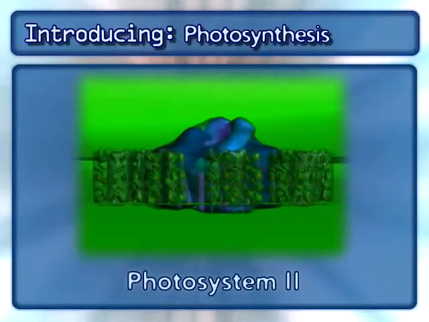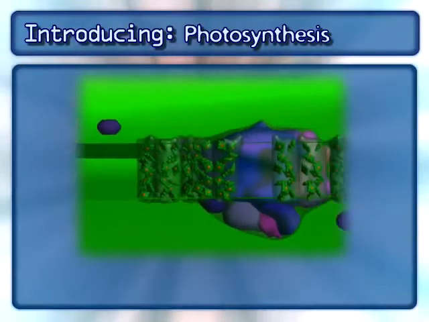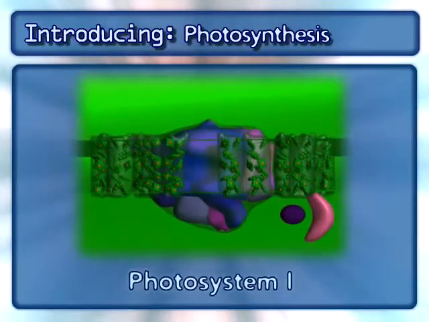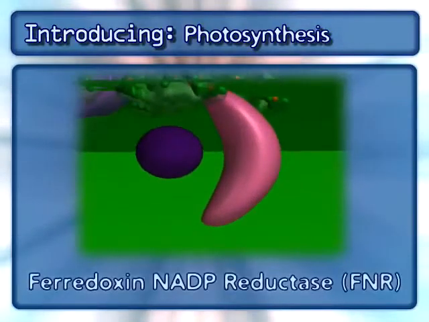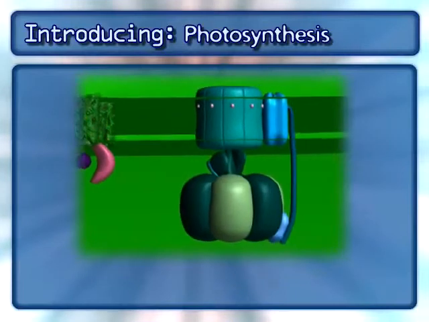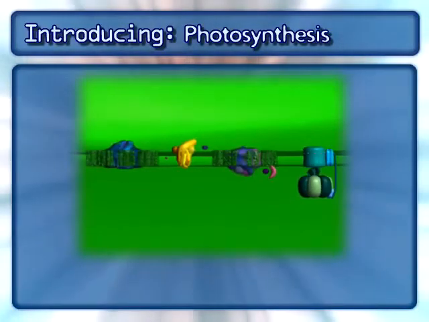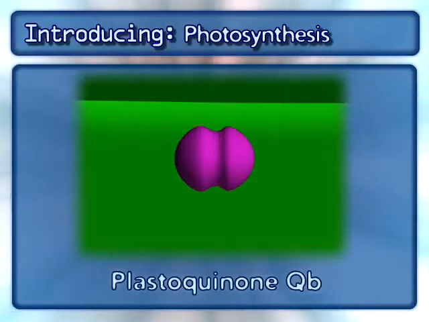Photosystem 2, cytochrome b6f, photosystem 1, ferredoxin NADP reductase, and the complex that makes ATP, ATP synthase. In addition to the complexes, 3 mobile carriers are also involved: plastoquinone QB,